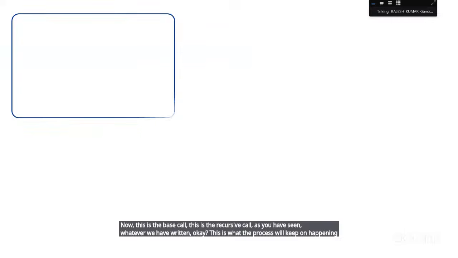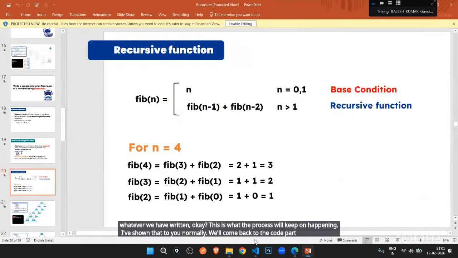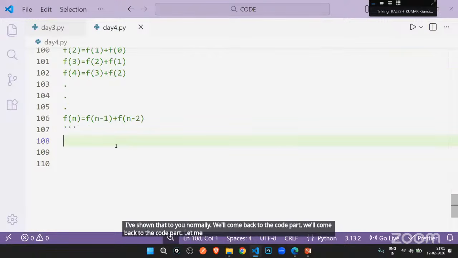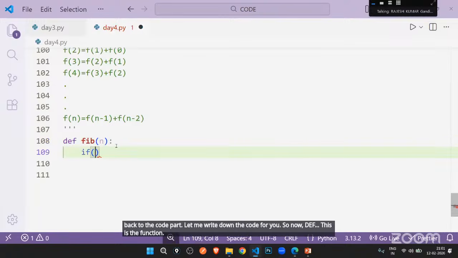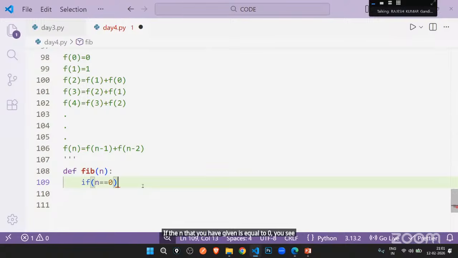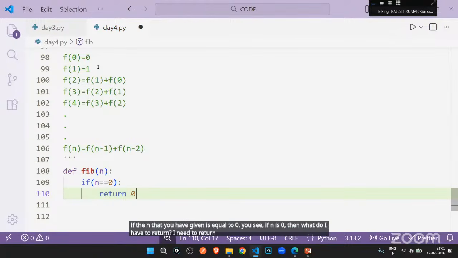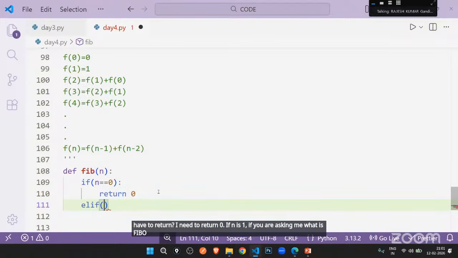I've shown that to you normally. We'll come back to the code part. Let me write down the code for you. So now def fib of n, this is the function. If the n that you have given is equal to 0, then what do I have to return? I need to return 0.